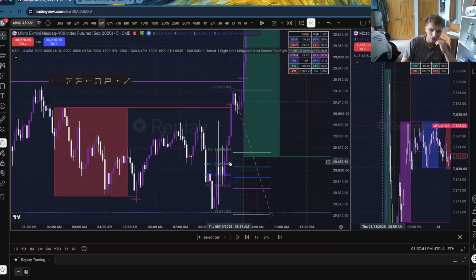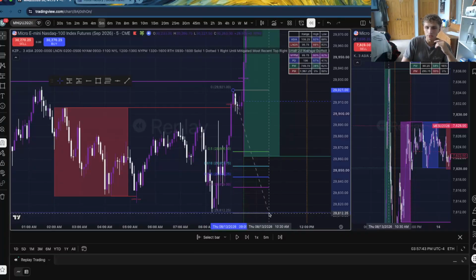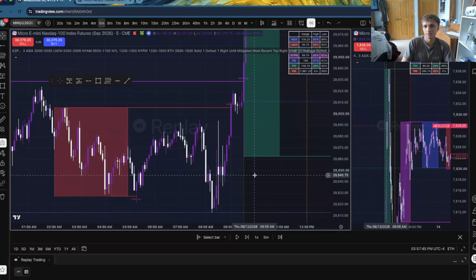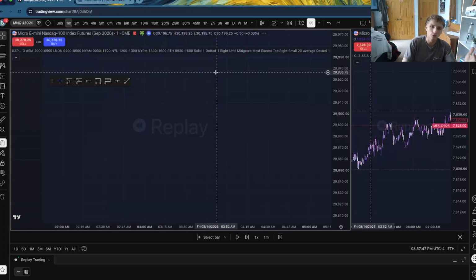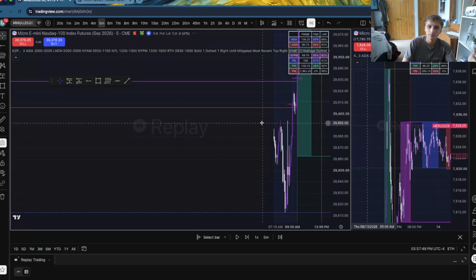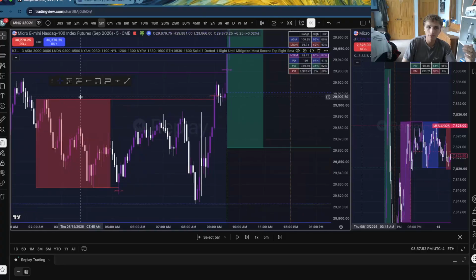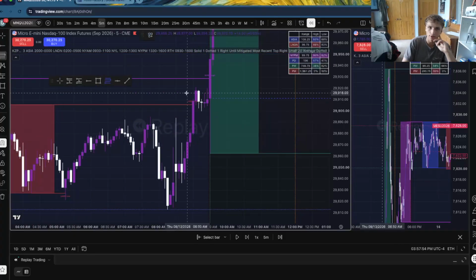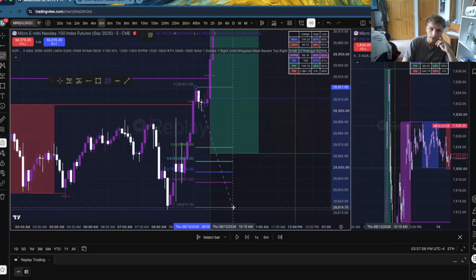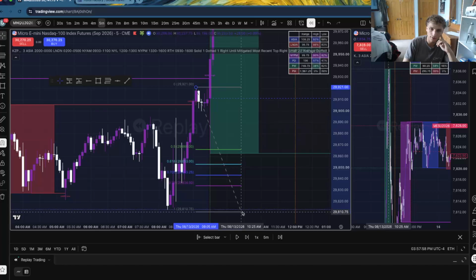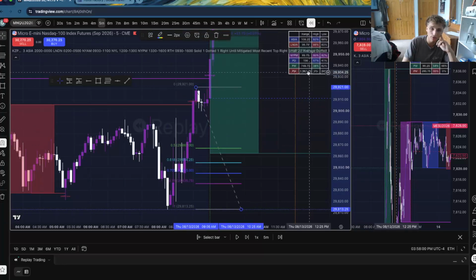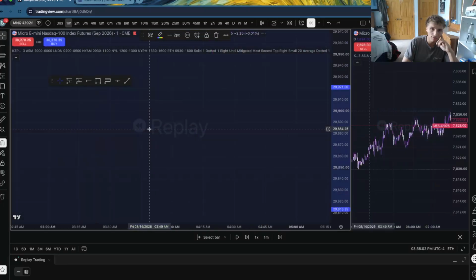Okay. So how do you find OTE? I'll go over that because it's a little trickier, but it's not at all. If you know what equilibrium is, you'll find OTE very easily. It's just a high and low of a move, okay? It doesn't have to be this big move. It can be the high and low of